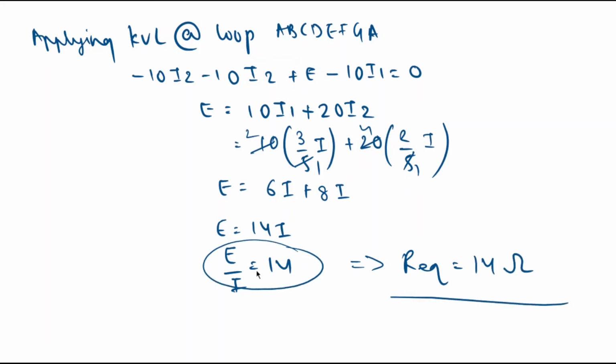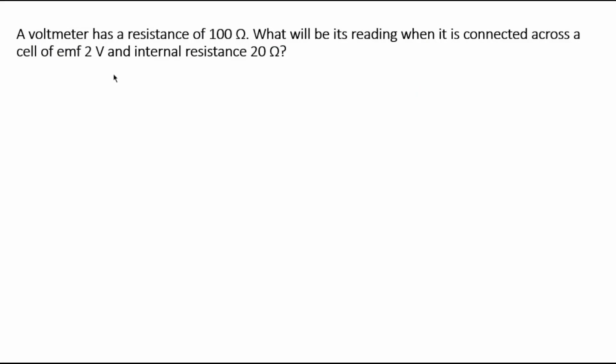This was a pretty lengthy sum. I hope you understood what we did here. Let's look at the last sum of this chapter. A voltmeter has a resistance of 100 ohms. What will be its reading when it is connected across a cell of EMF 2 volt and internal resistance 20 ohms? So solution: